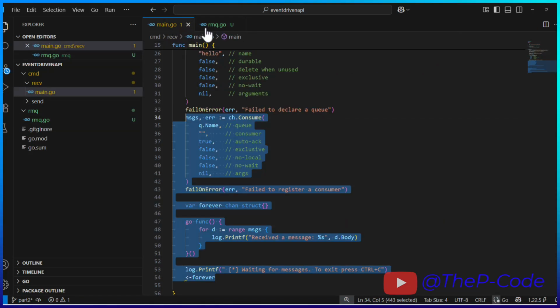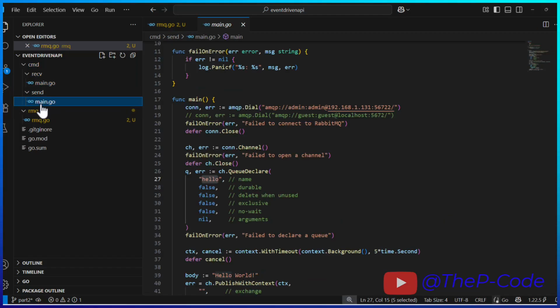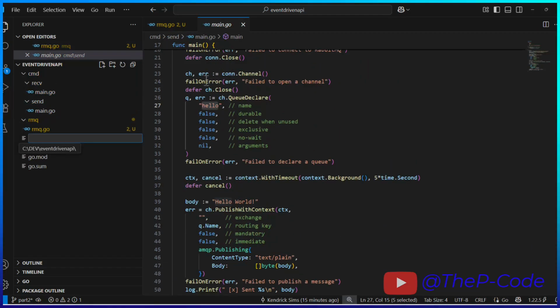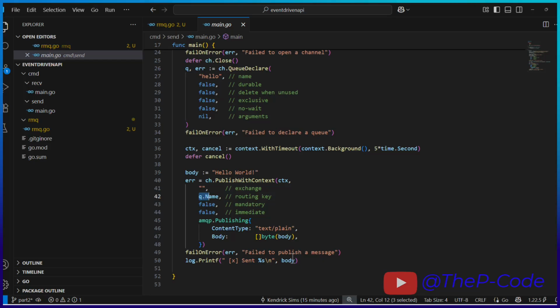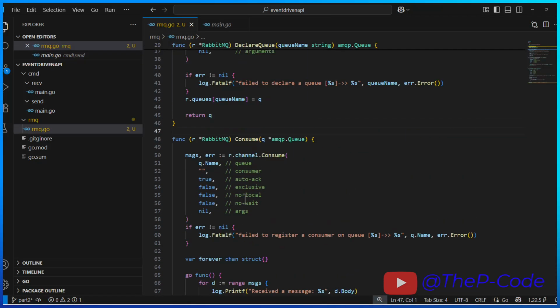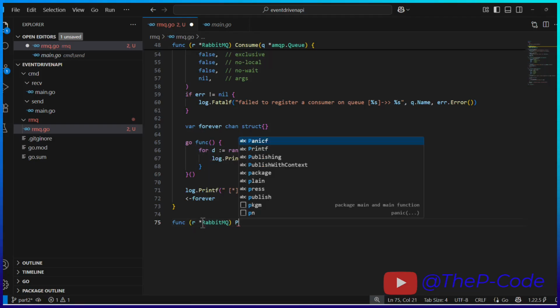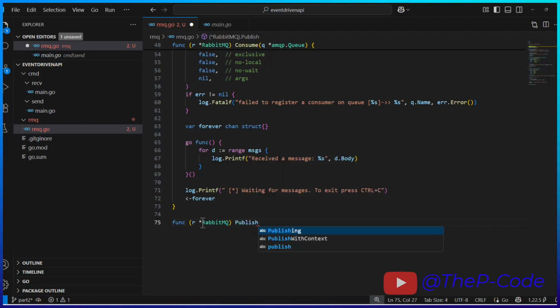All right, so let's move on to a publisher. So we got all this from the receive main. So let's open up our send main, and again, we did all the same logic. The only difference was this part here where we published the message. So let's just take that and create, over here right below this consume, another function that takes the R pointer for RabbitMQ and say publish, and this publish is gonna take something we don't know, but let's just